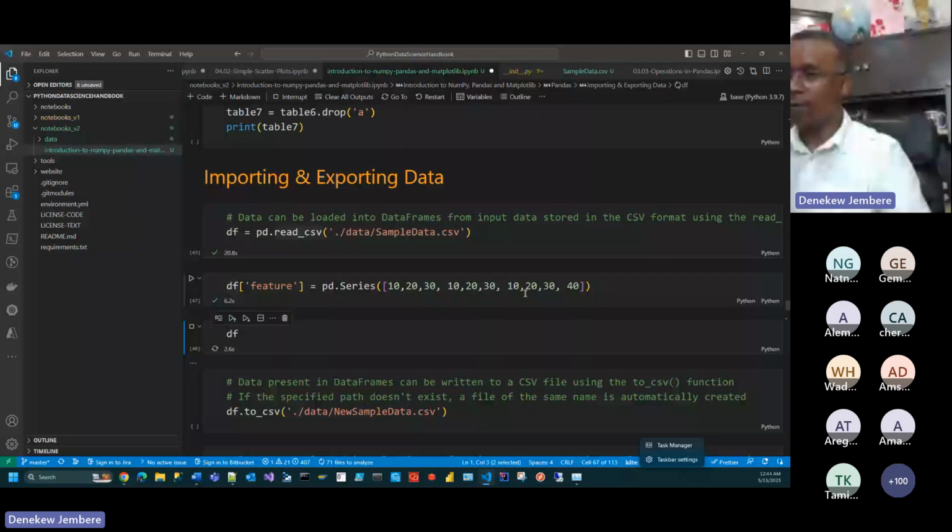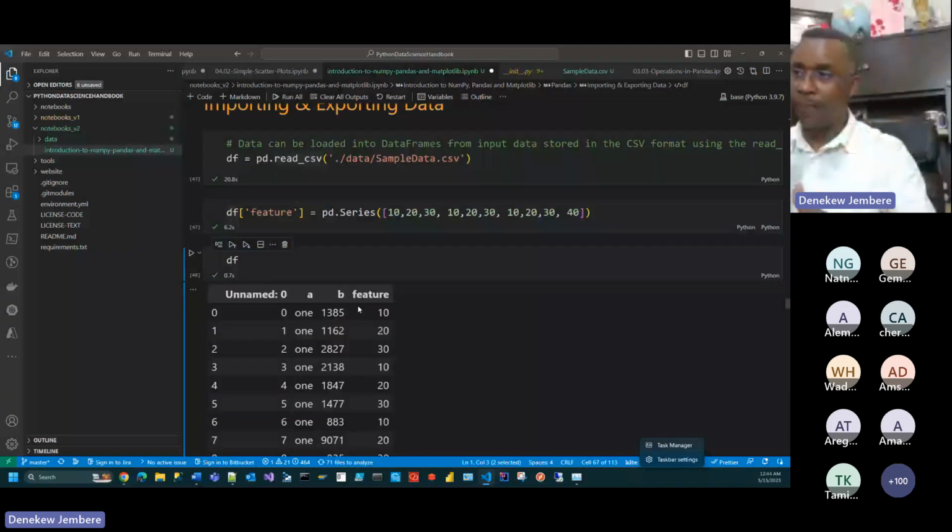Here you go, feature. So we appended this. Now the original data frame that we read was something like this,